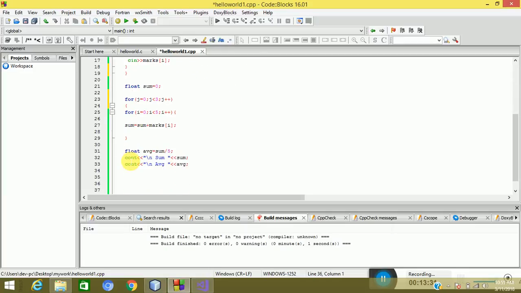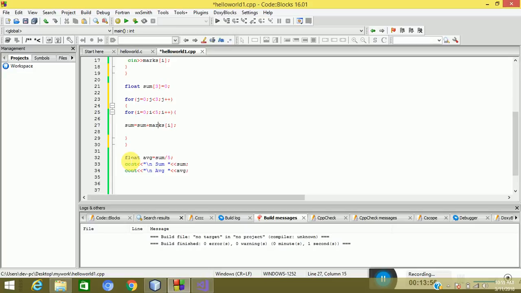Let us assume that this loop starts and ends over here. It's having 3 students, so it will be the same. And now the sum, how can you make the sum also an array? Like this you can make the sum also an array, and for each and every student,